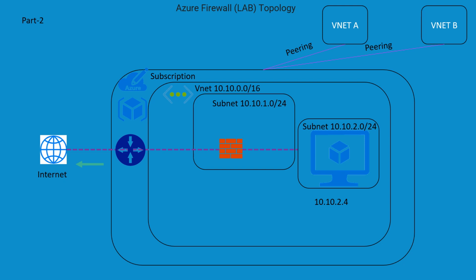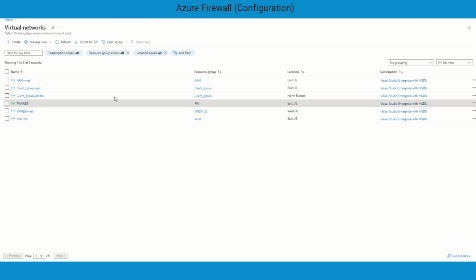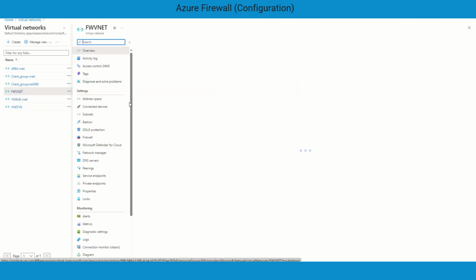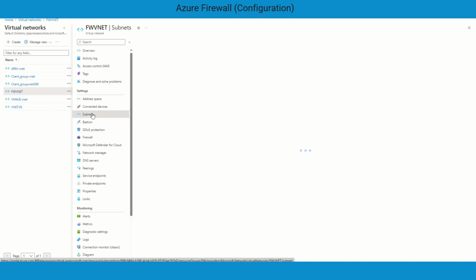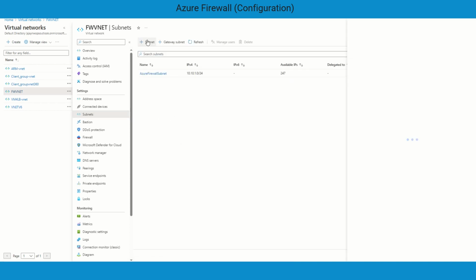Let's continue our journey while building the subnet where you are going to host a virtual machine and from where we are going to do the rest of the testing. So I will log into the portal and create a subnet and the virtual machine. Since we had created a new VNet, which was the firewall VNet, you need to choose your VNet, whatever the name you have given. Under that you can go to subnets and from here you can create a new subnet,